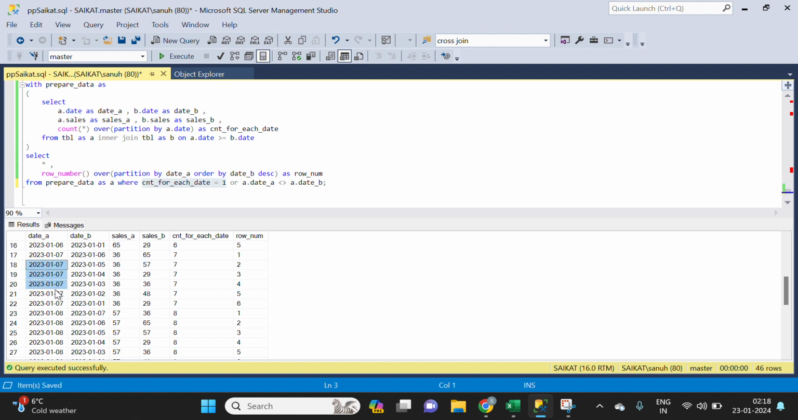So if you come here, if you see, previously we had something like date A equals 2023-01-07 and date B also 2023-01-07. So now we are not getting those, so we have deleted those records. We have discarded those records. But still, if you see for 07, we don't actually need